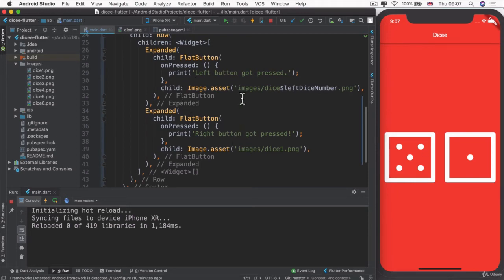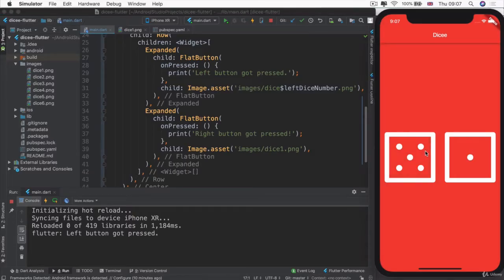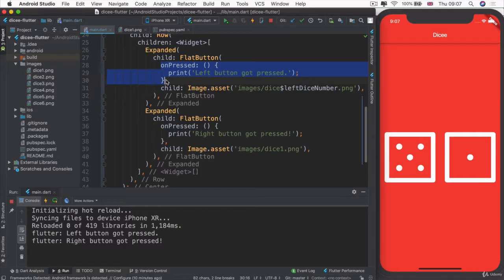Now, so far, we have a flat button on the left that encloses a dice image, and we've got a flat button on the right that encloses a dice image. And when we click on the left dice, we get "left button got pressed." When we click on the right dice, we get "right button got pressed" because our onPressed listener is being